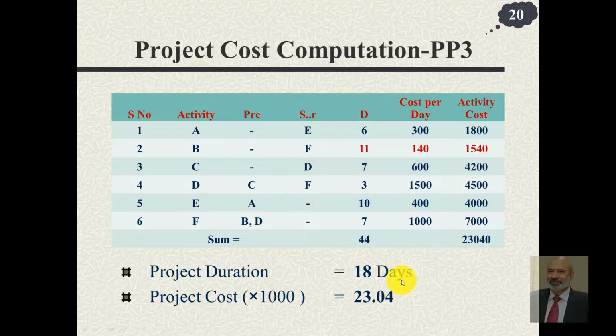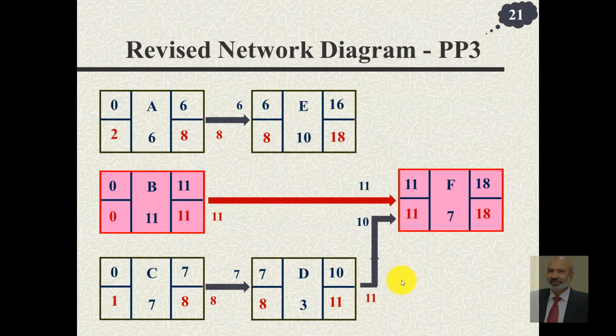A slight increase. Can we do it further? We now have the project. This time has been reduced to 11 from 12, and so the project completion time is 18 days. Notice these numbers have also changed. This was earlier 3, this was 2. This has come down to 2, this has come down to 1. That means there is still some float available. And so these two paths or subpaths are not on critical path. This is still the critical path, the only critical path.